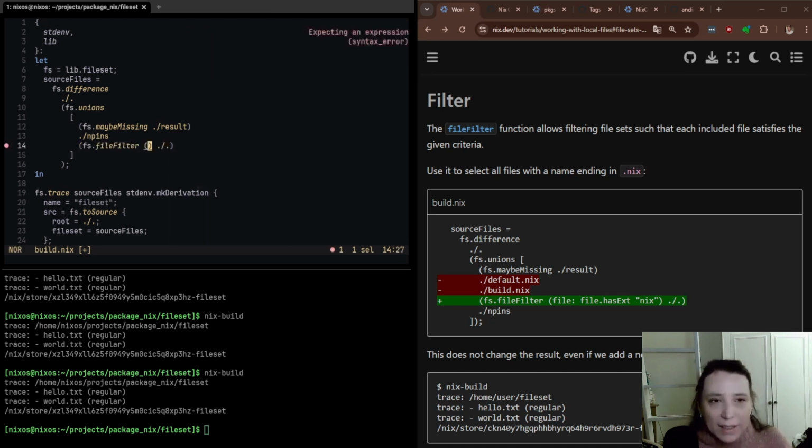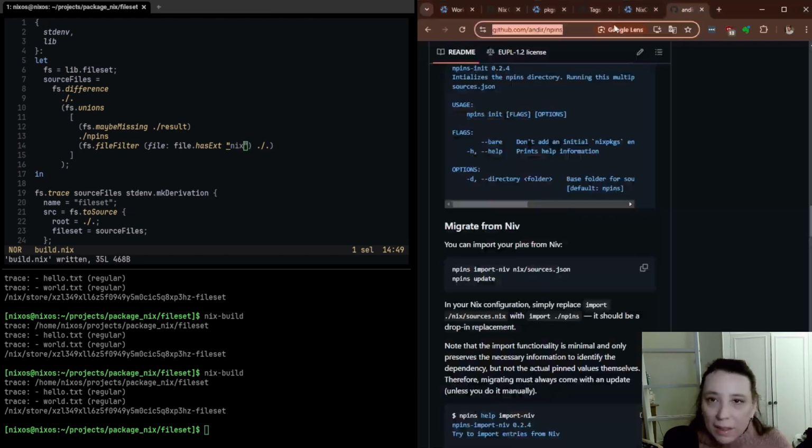For each file, the predicate takes in a file, and I guess we are going to check file.hasExtension. I didn't know there was such a thing. So that means paths have